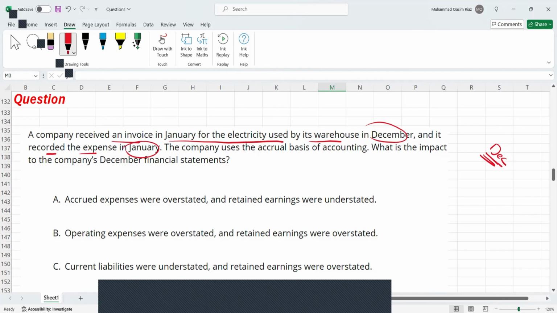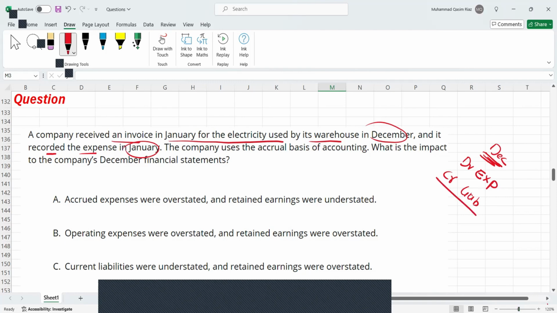Now if you will look here, this expense should have been recorded in the month of December, right? Because this expense belongs to the month of December. Okay, so in December the entry should be debit expense and credit liability, because it is not yet paid by the end of